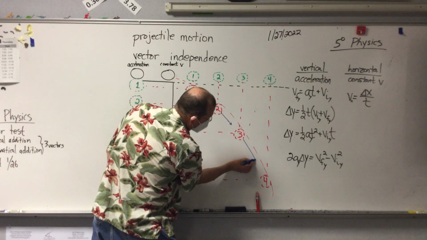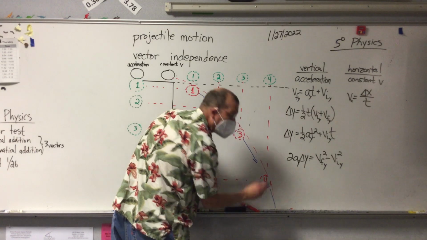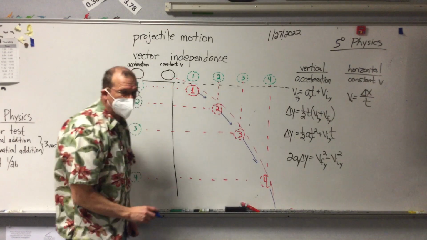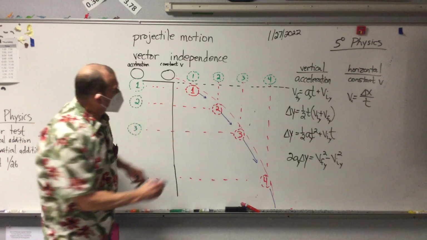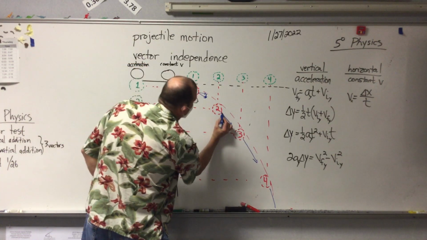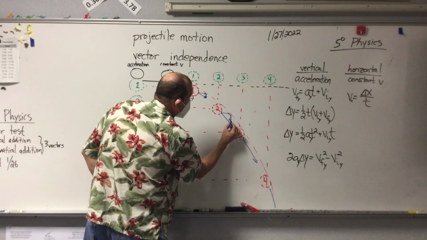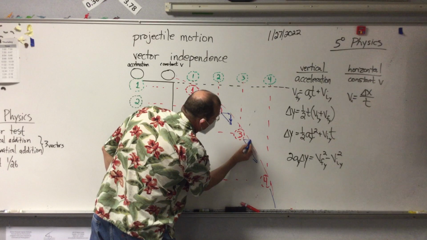At position 3, it would look like that. This one would get super steep, and literally this one would go off the whiteboard. And if we were to break this into the component vectors, the thing is that the component vector horizontally,